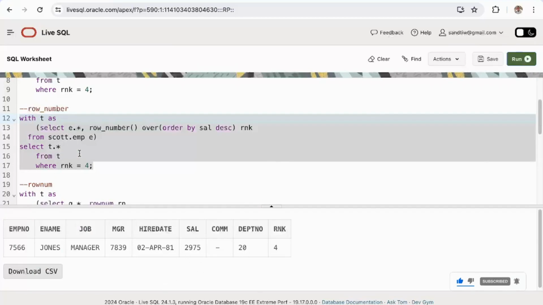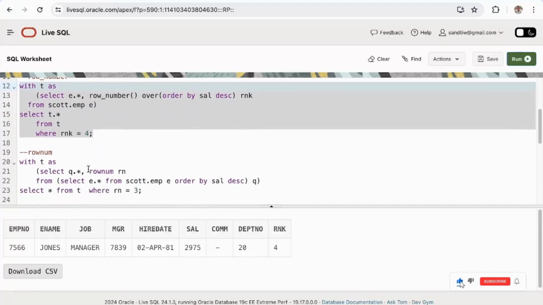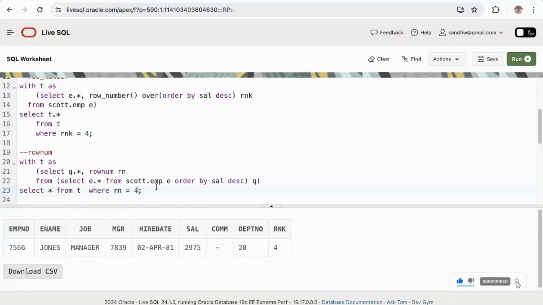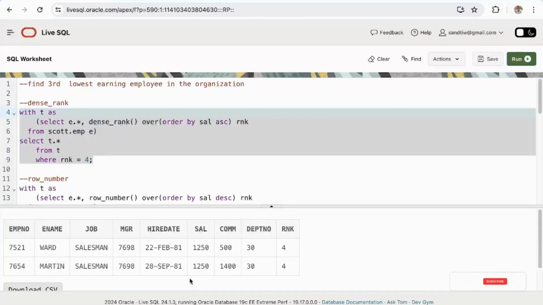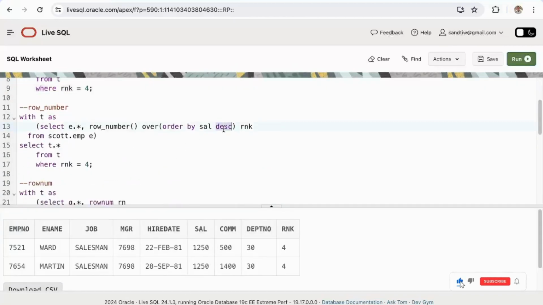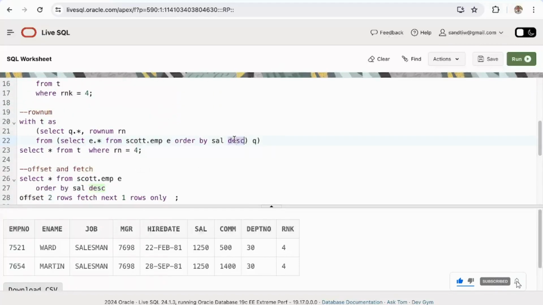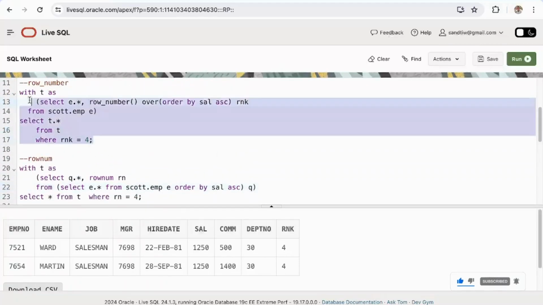I have explained to you now 2 or 3 times why we should not use row number. This is the issue that we will see. We should have these 2 rows. This is the correct output. Sorry, my bad, I didn't do ascending there, but still you would only get